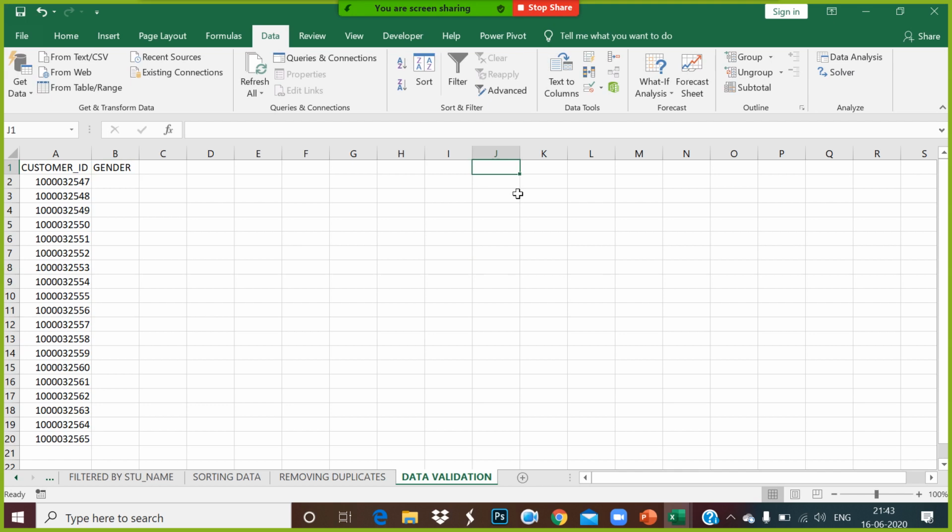Now for gender, I have three values. One is male, it could be female, or it could be unisex. These are the three values for each customer ID we can put in.